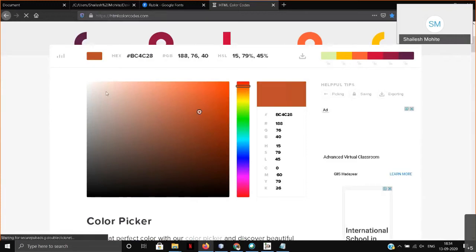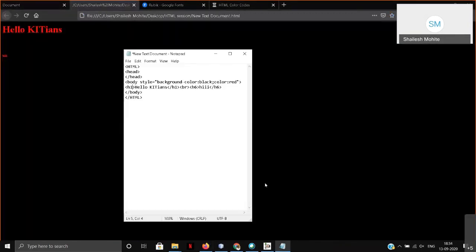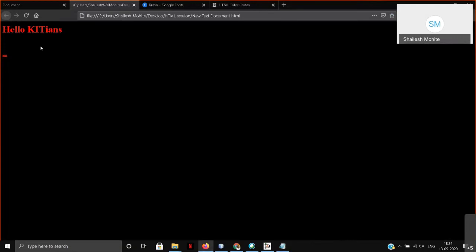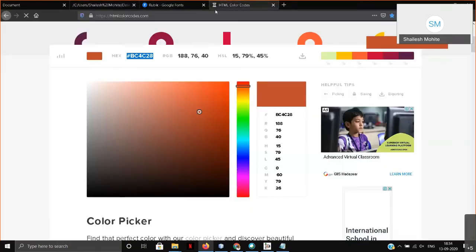Take this hex code, copy it with Control C, go to your text editor, and in place of this value, paste the hex code with Control V. Save it and reload it. See, any type of color you can choose here, and you can vary the color using this scrolling bar and this dot, and the respective hex color will appear here.